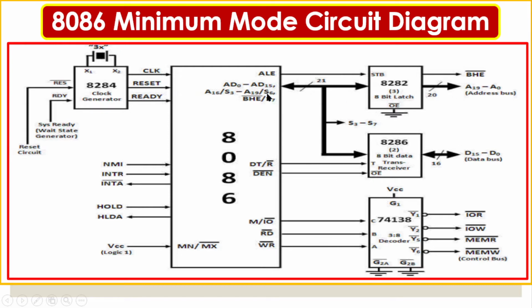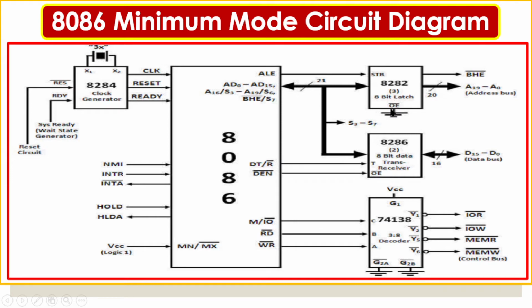Here in the microprocessor we have 20 address lines. One latch device you can connect to a maximum of 8. So at least we need 3 devices; 3 into 8 is 24, but we have only 20. The first 2 devices we will connect, 8 plus 8, 16. Even so, for the remaining 4 lines we need one more IC. So we need a minimum of 3 ICs to demultiplex the A0 to A19 address lines. That's why 3 devices of the 8282 are there.